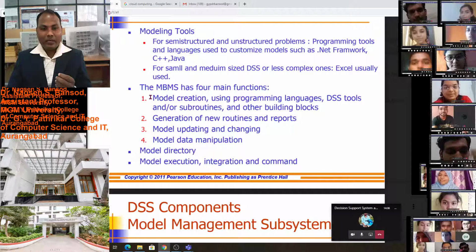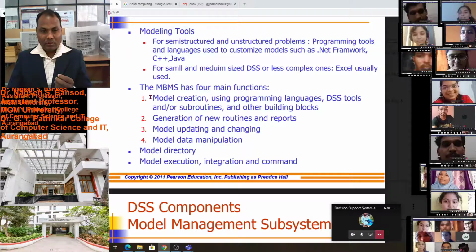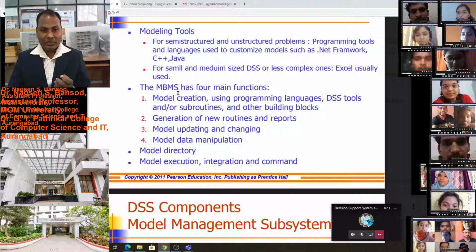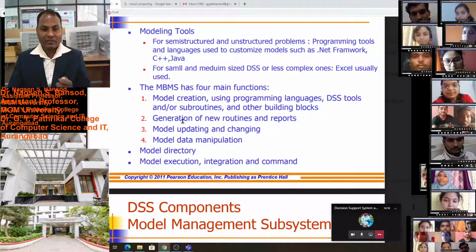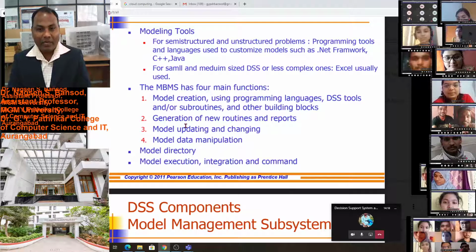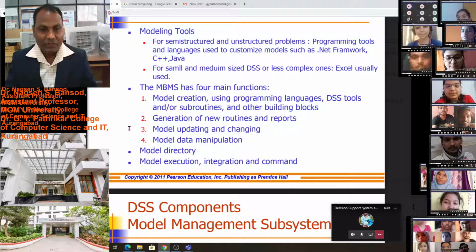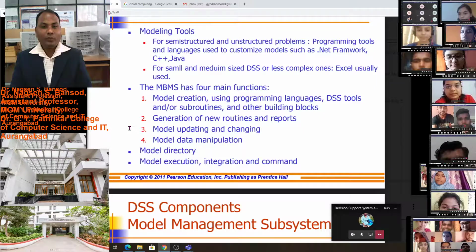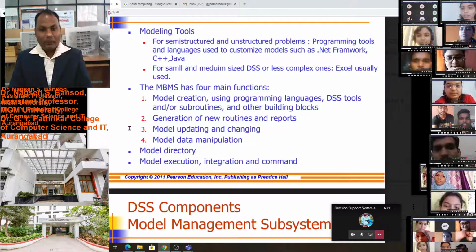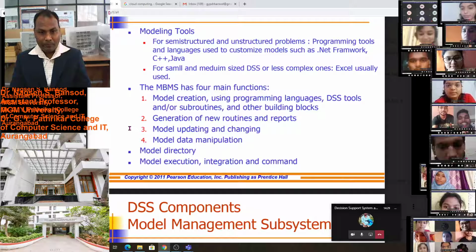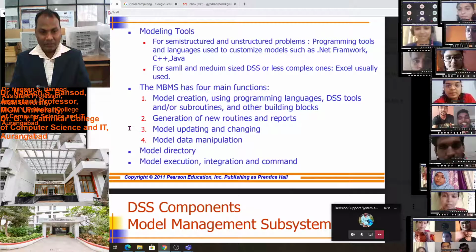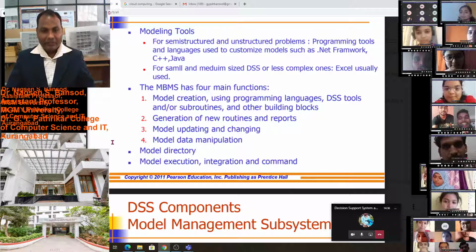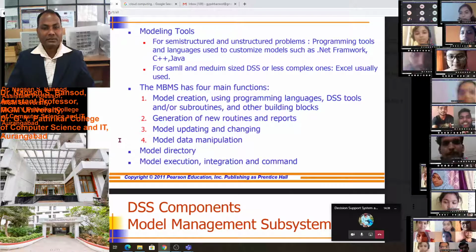The model-based management support system has four main functions: model creation using Java language, decision support system subroutines and other building blocks; generation of new routines and reports; model update and changing; model data manipulation; as well as the model directory and model execution, integration and commands.